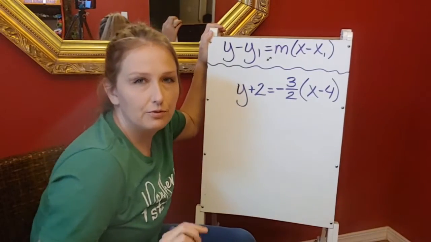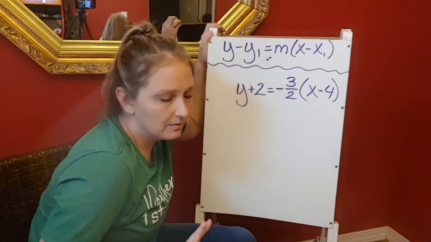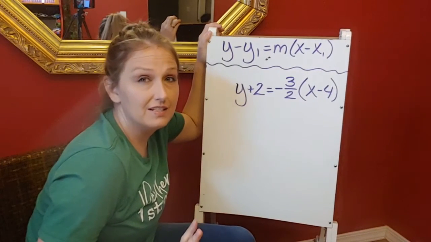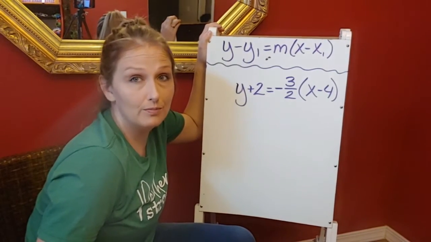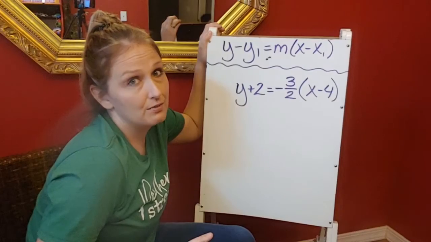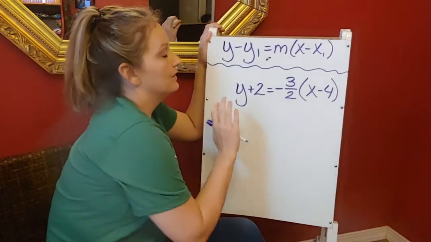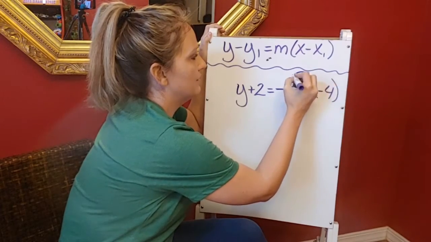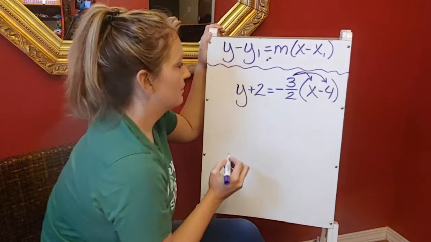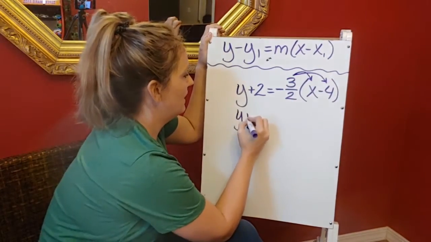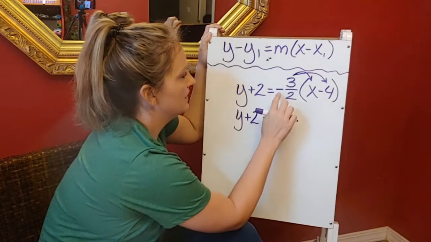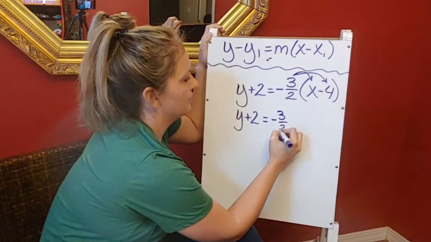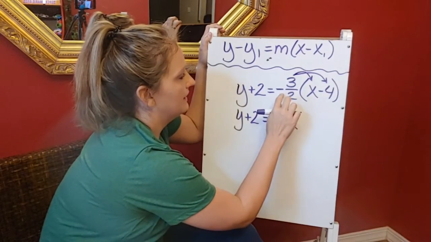Okay, so let's look at if we're just given our equation. We didn't have to worry about slope or anything like that. We've just been given our equation. This is in point slope form. We have to convert it to slope-intercept form. So we're going to do the same thing like we did in the last problem. We're going to start off by distributing this negative 3 halves through our parentheses. So y plus 2 equals negative 3 halves times an x is negative 3 halves x, and negative 3